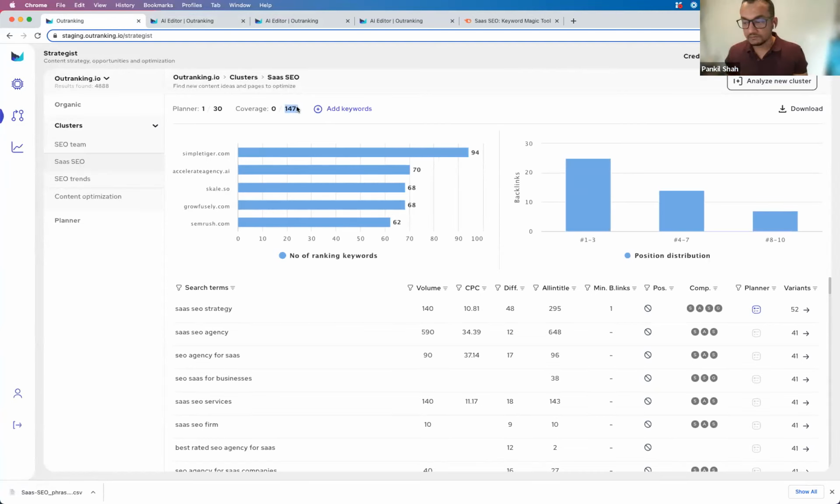So the keyword clustering tool is first doing SERP analysis. It's getting the top 10 ranking pages for all of these 147 keywords. Then it's seeing which keywords have at least 3 or 4 URLs in common, depending on a few criteria.